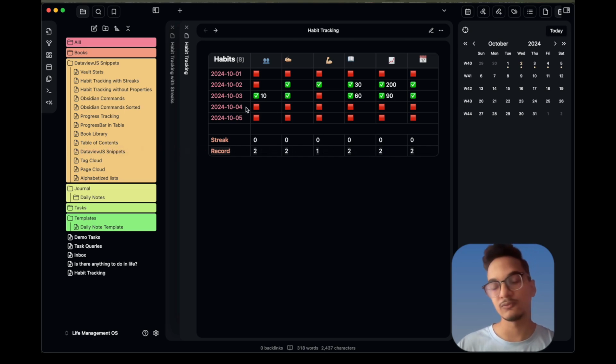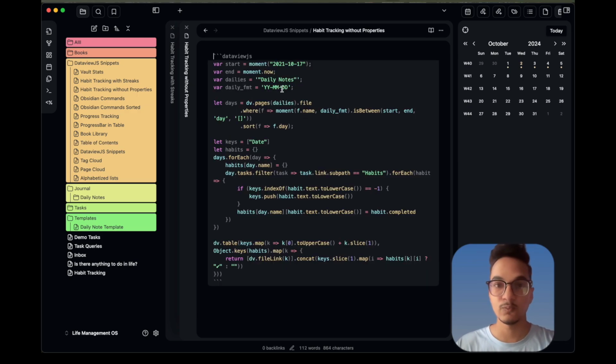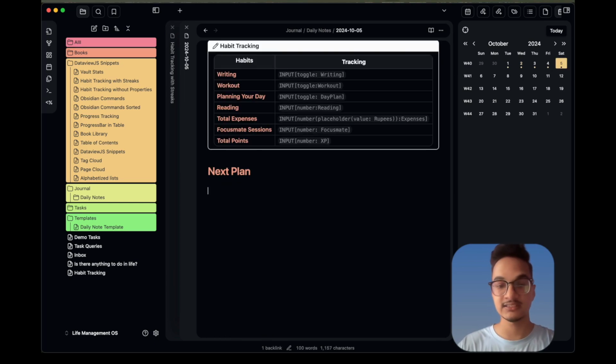This is a really cool way to track your habits, and you can make more customizations to this view based on your own needs. Let us move to another Dataview snippet, which is also for habit tracking, but this snippet will be used for tracking habits by logging method instead of using properties. Currently, the habits are checked from properties, but with this Dataview snippet, let's say I have a daily note. Then you can just write a log over here and add a task for habits such as